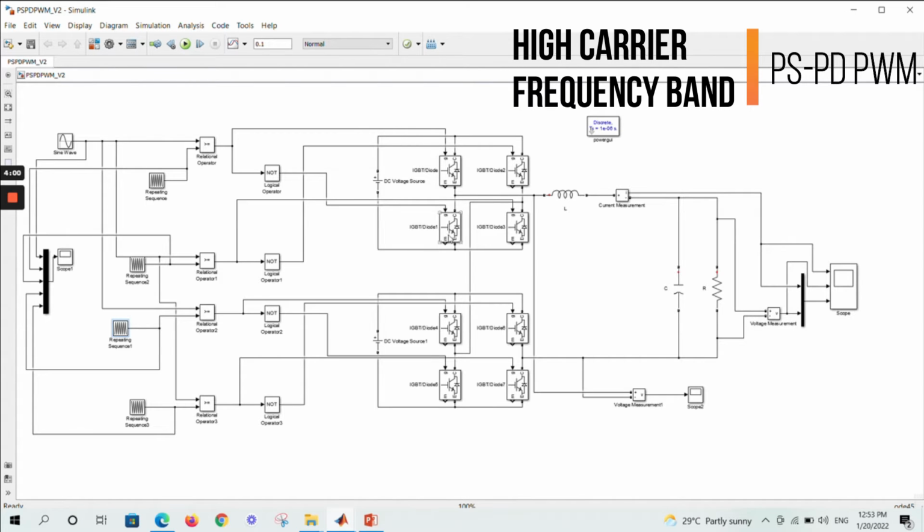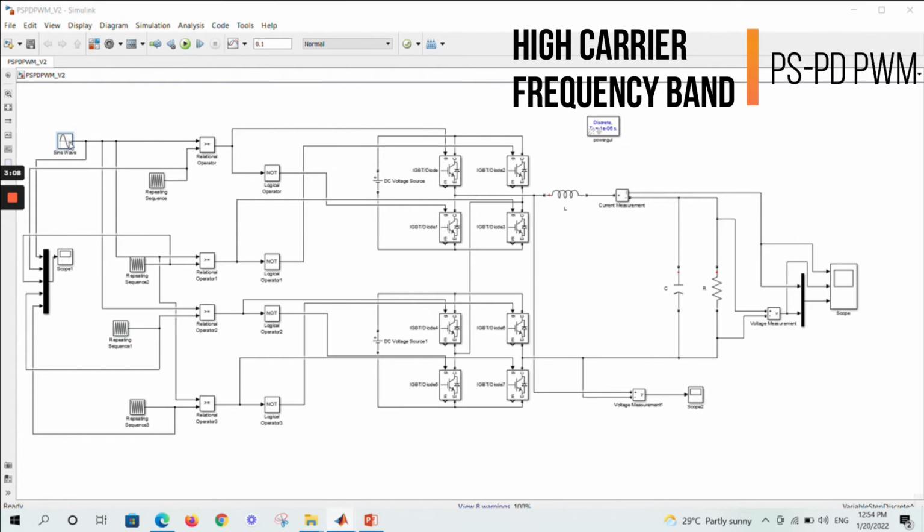And the IGBT diode here, since I only use 5 levels, will only consist of the switching diode or switching device here. So a different level will have a different number of switching diodes, and also a different number of repeating sequences. Since we only have 5 levels, I will only have 4 repeating sequences, or 4 carrier signals, that are injected